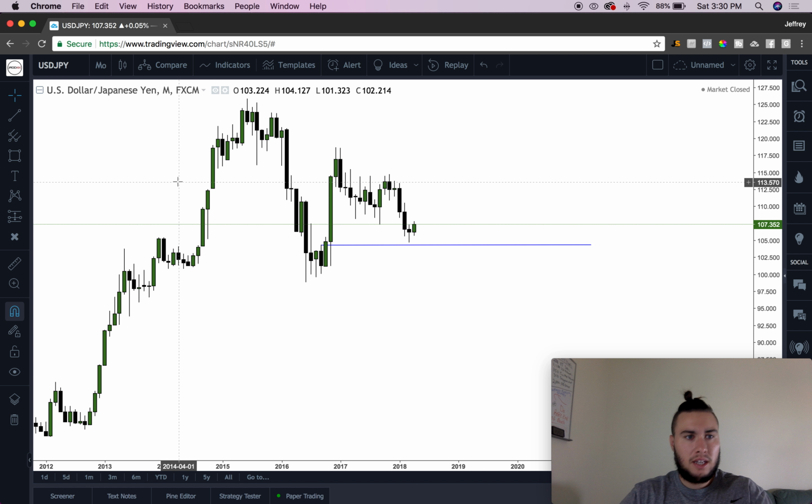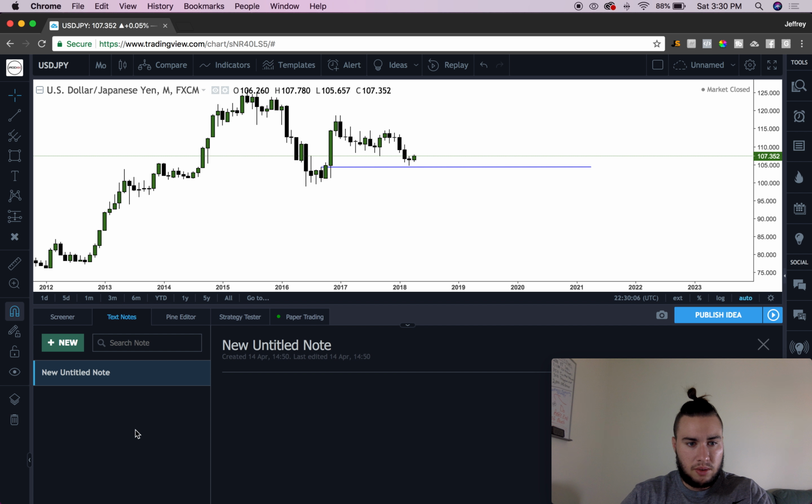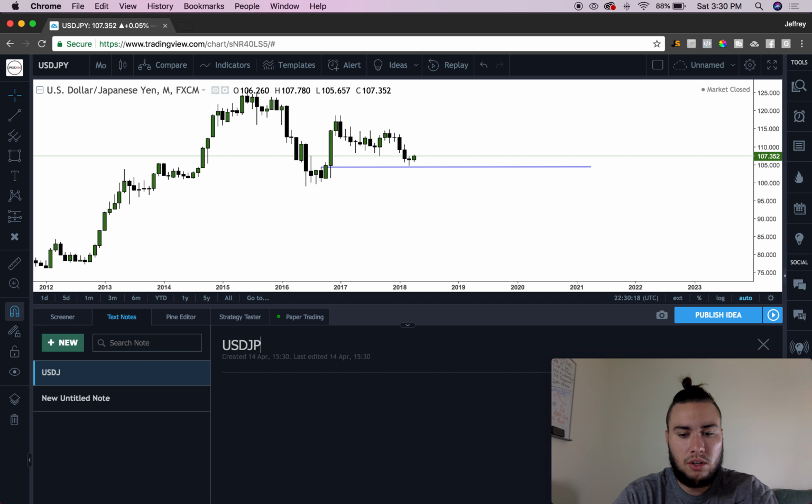So the second thing that I like to use with Tradingview is the fact that we can take notes. So if you come down here to text notes, and again, I'm not sure if this is only for pro members or free, but I believe you could do this as a free member as well. So you can click new note, and for this we'll do USD JPY, and we'll type in monthly time frame,